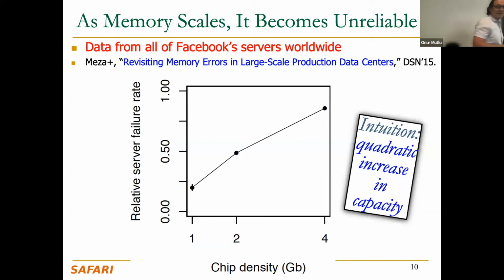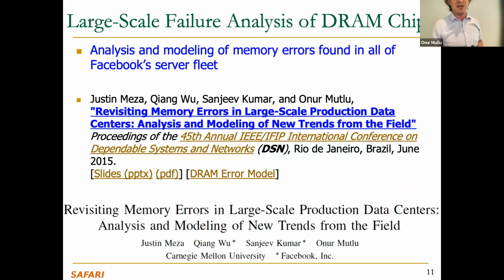So what we found out is that the DRAM chip density that's employed in the server is strongly correlated with the server failure rate that you're getting at the system level, at the application level. We can go into a lot of detail over here. I'm not going to do that. But basically, the denser the DRAM chip, you get more errors. And these errors happen because the cells are smaller and cells are closer to each other. So there are a lot more reliability and noise issues. And you can read the paper if you're interested. People have written papers that build on this paper also from AMD, Microsoft, etc.